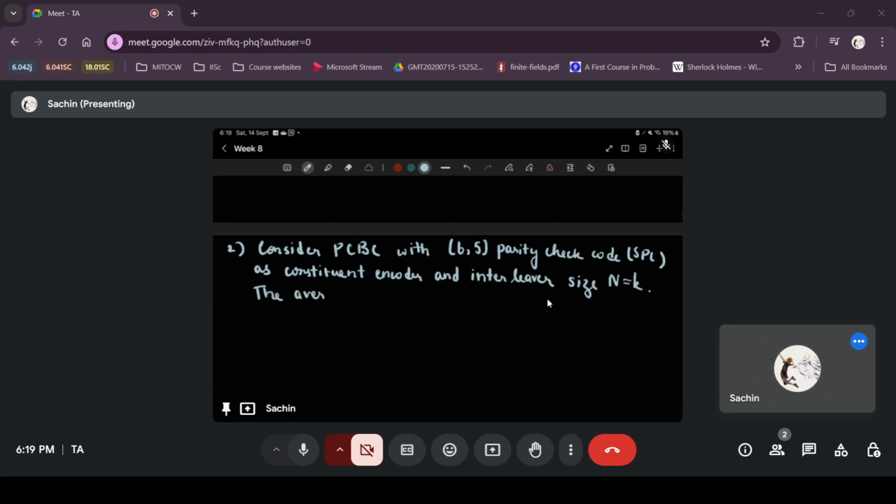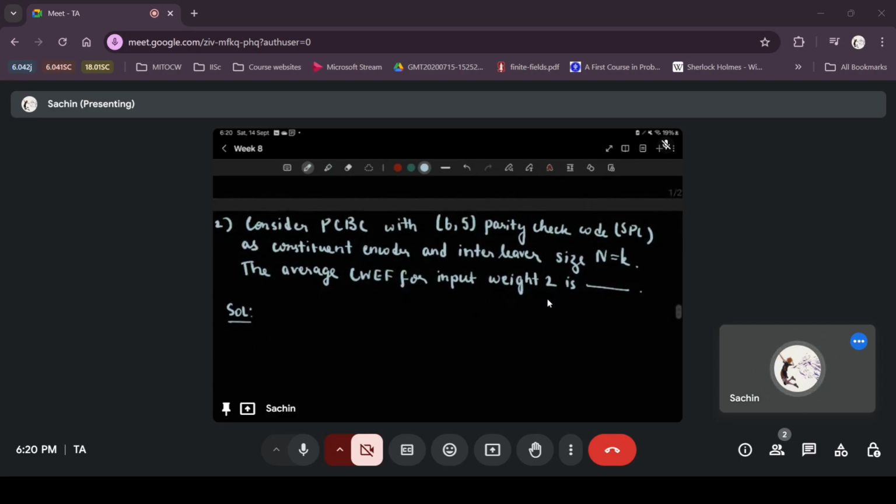The average CWEF for input weight 2 is... so the average, it's a parallel concatenated block code with interleaver size N equals K. So we have seen in lecture that